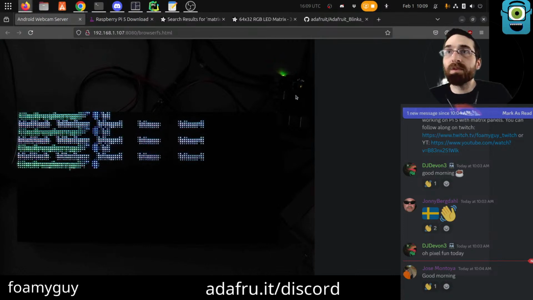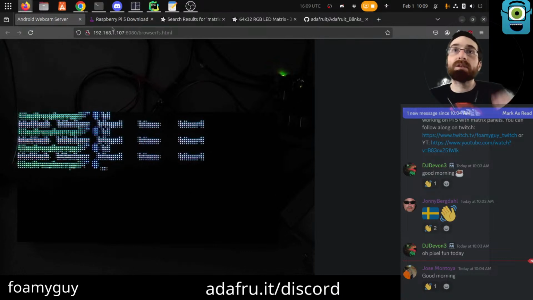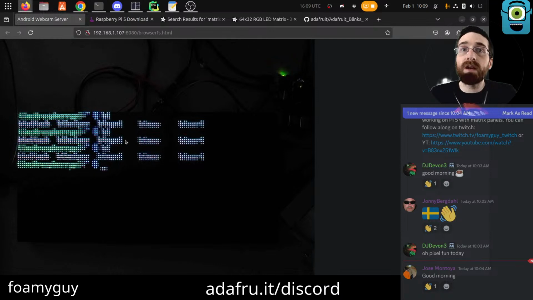It goes from the Pi to the first panel, which chains to this one, chains down to this one, and that one chains across to this one, with the data panels, and then there's power for everything. I have separate power supplies for the top panels and the bottom panels.